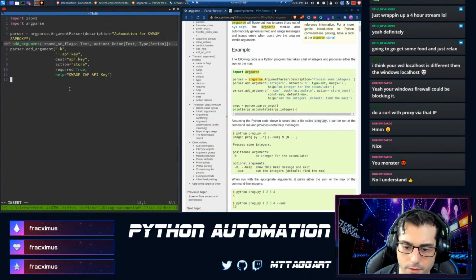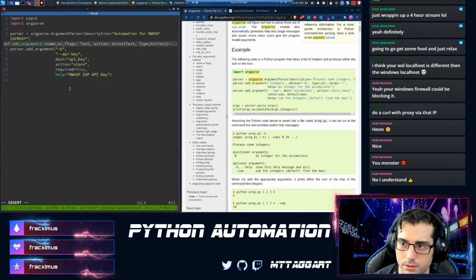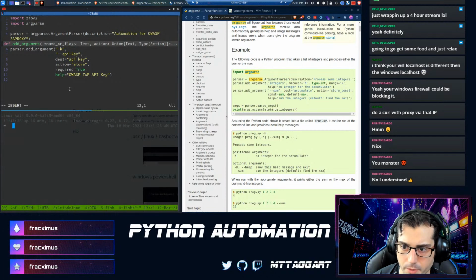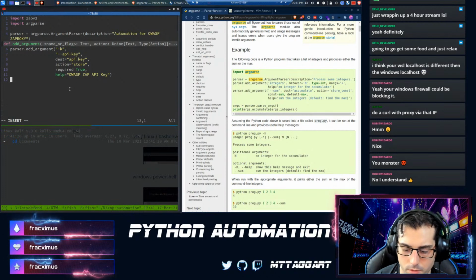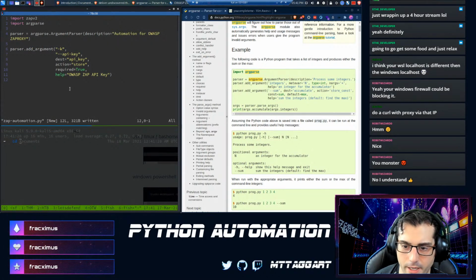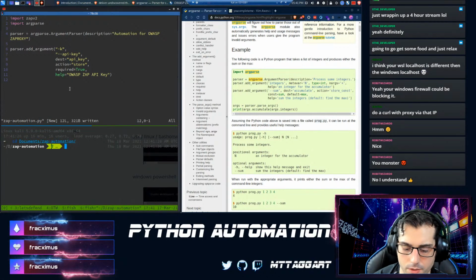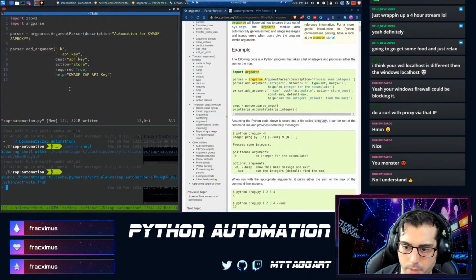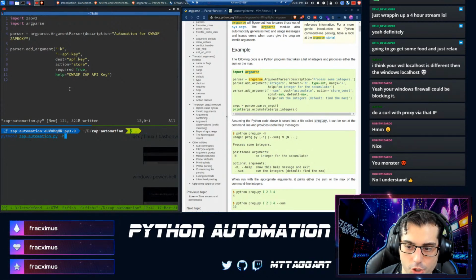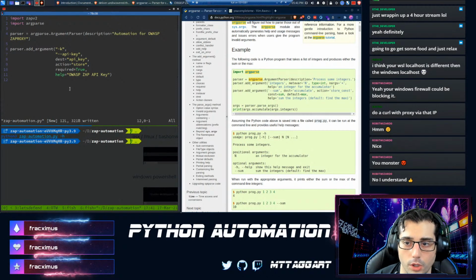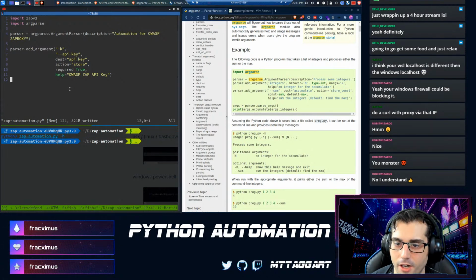And if we want to see this in action, let me split this here a little bit and head over to documents, zap_automation, and fire up my poetry shell because I want to get those dependencies, right? And then if I do python3 zap_automation -h. Cool. Oh, right, because I need to parse the args.